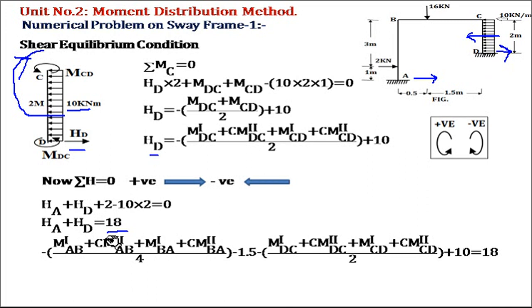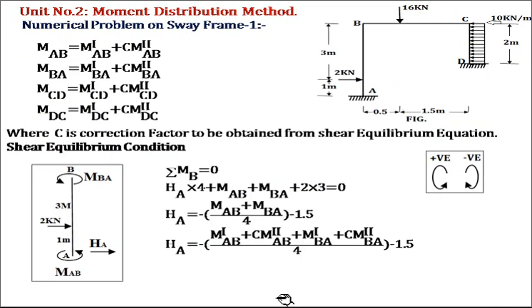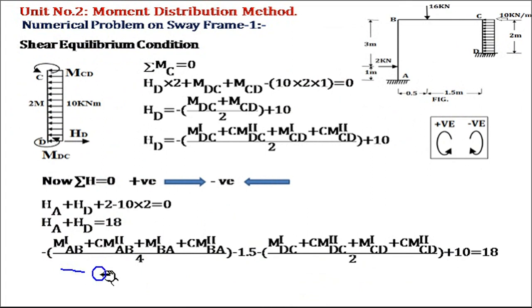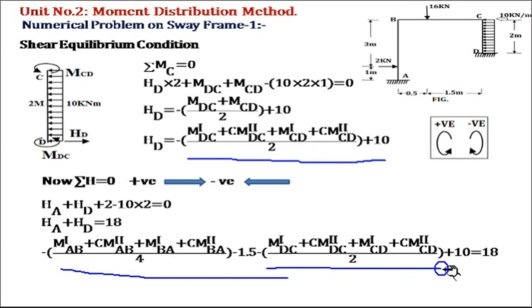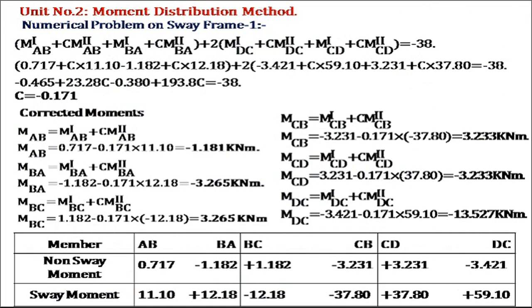Now we know the value of HA and HD. We have found out the value of HA. The value of HA is this. So we'll put the value of HA in this equation. Here we have put it, and we'll put the value of HD, this is the value of HD, in this equation, and equal to 18. Now if we rearrange the terms, we'll get this in this way. Now here M1AB is nothing but the non-sway moment in member AB, and M2AB is nothing but the sway moment